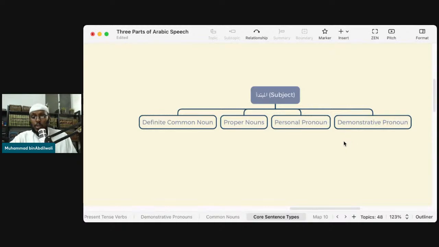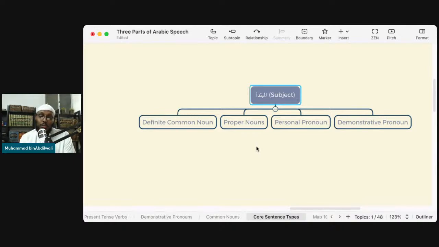The second thing we can extract, which I think maybe someone has mentioned, is that the mubtada has to be definite. Now, if it's indefinite, which shouldn't be the case, then that's a different story. That's an exception to the rule. We have a specific procedure for that. Let's put that aside. But generally speaking, the mubtada has to be definite. Why? Because if you're going to tell me something about some kind of subject, and that subject is indefinite, as in, I don't know what you're talking about, it could apply to anything, then that's not very useful, is it?